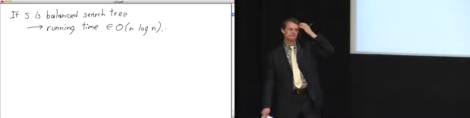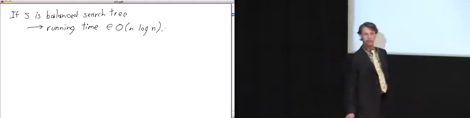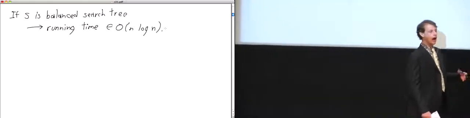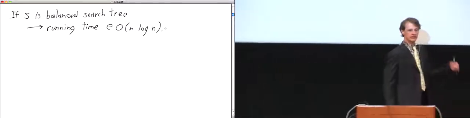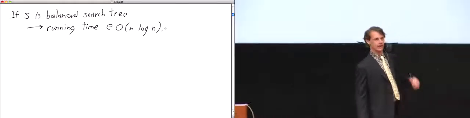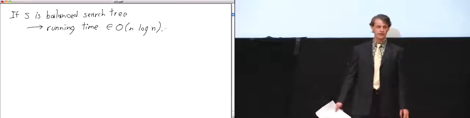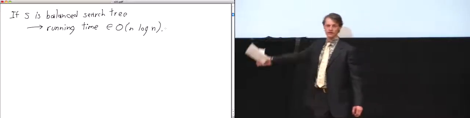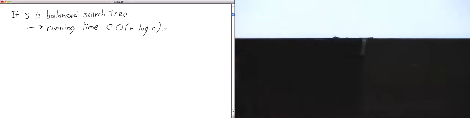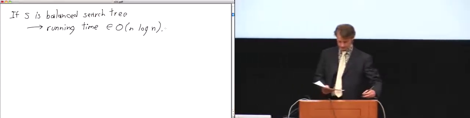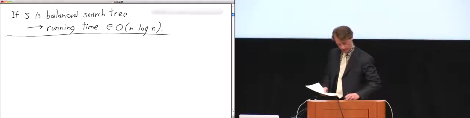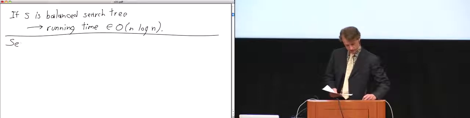That n log n is a big improvement over n squared. Having said that, this is still kind of a complicated way to get an n log n sorting algorithm, and we'll see that there are a lot of simpler ways to get n log n sorting algorithms. So we're going to overlook this one in favor of some other faster or simpler ones. I'm going to move on to sort number 2 now.